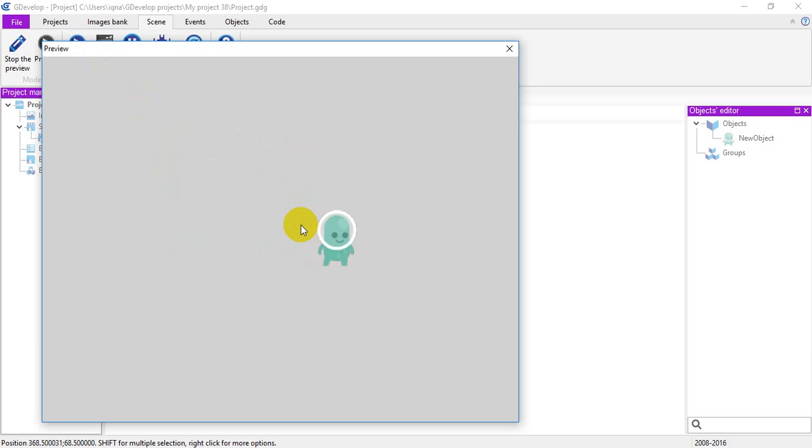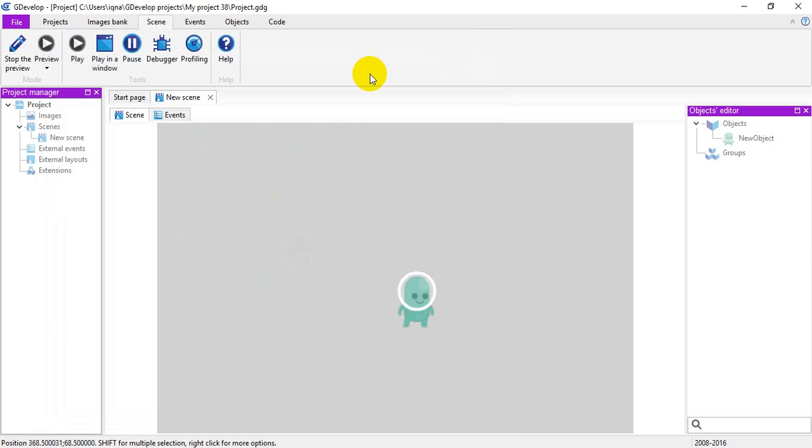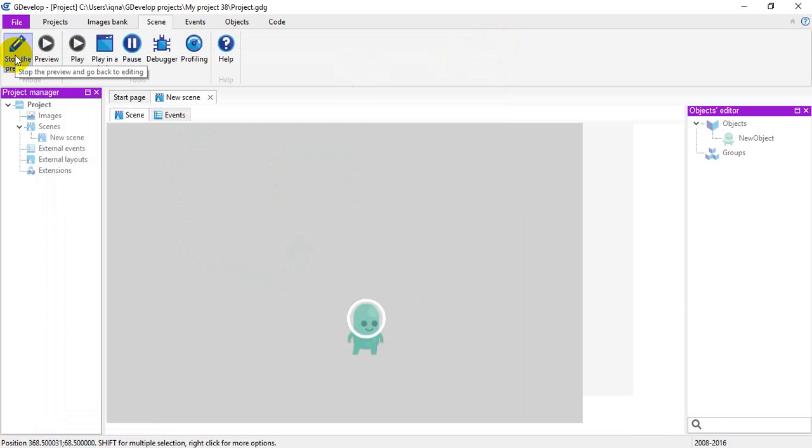Congratulations, you just made a real game. Now you can move your player around. You can play in the window if you would like that. And we can stop the preview like here.